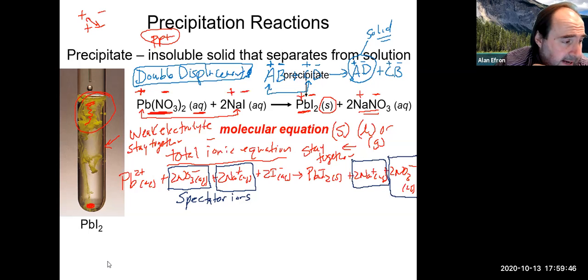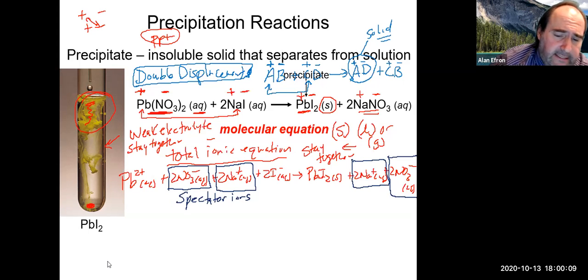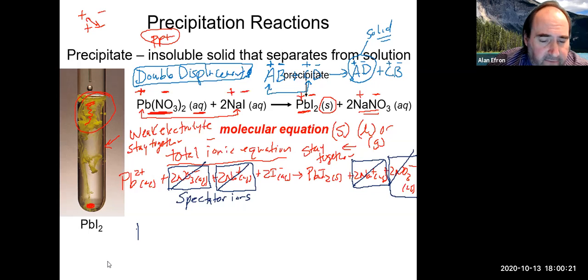If you are a spectator, like the name implies, you are pretty much just watching. You're not really participating. Spectator ions are there really just to balance out the charge. They're not part of any product being made, nor the main part of the reaction that's happening. So what we do with spectator ions is, after we write our total ionic equation, we cross out our spectator ions. What that leaves you with in terms of an equation is whatever is left over, which in this case would be lead with a +2 charge, plus 2 iodides,